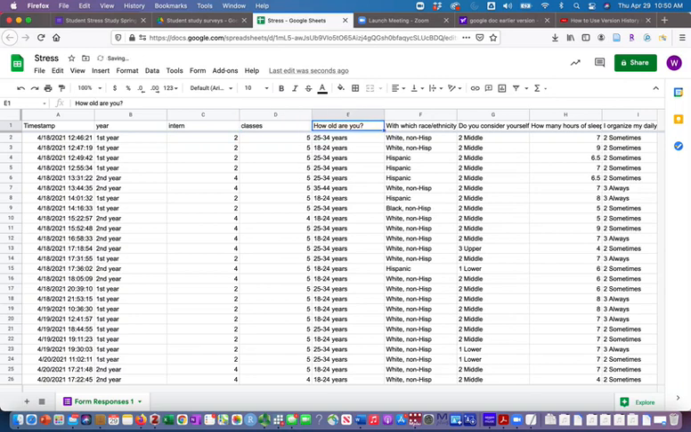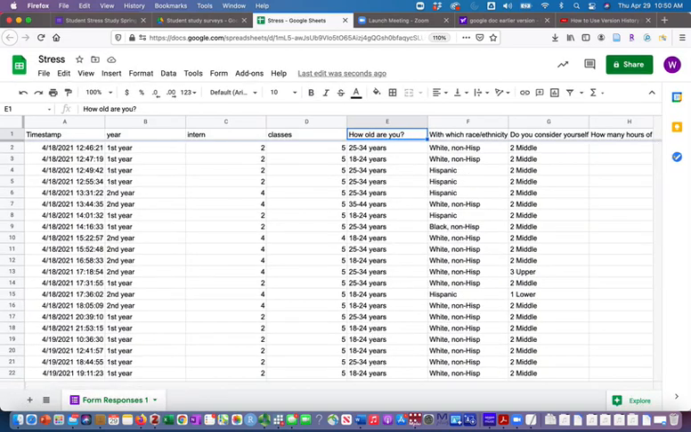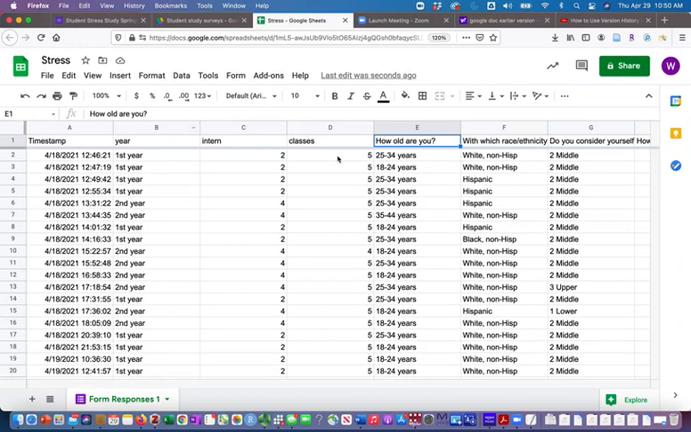one I called age cat because it's the student's age. The question you see is, how old are you? I'm going to make this a little bit bigger. How old are you? But it's not the age as a numeric variable, it's as a categorical variable. So we're going to call this age cat,